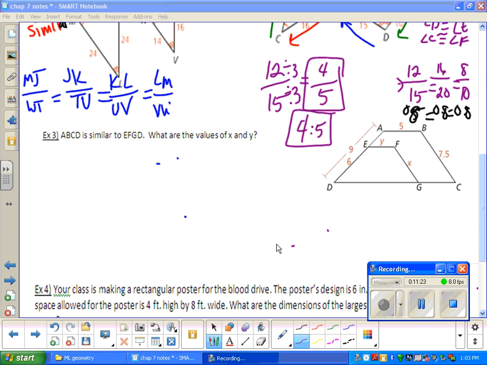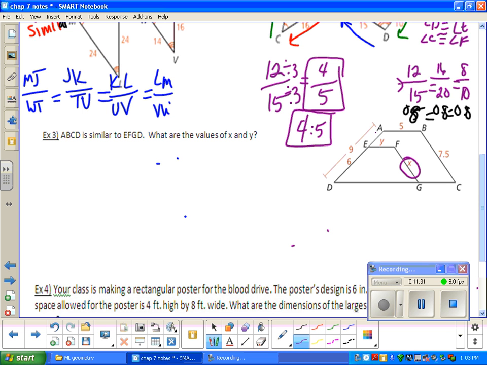Okay, so example 3, it says ABCD is similar to EFGD. What are the values of x and y? So we're trying to find x and y. So if they're similar, I know that the proportions are equal. So the first one I'm going to try to find would be x. So I have FG over, and so what matches FG would be BC,